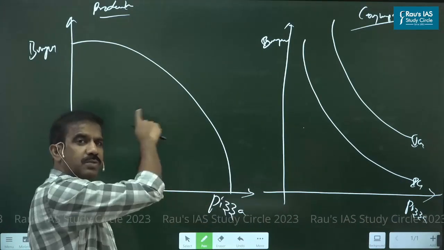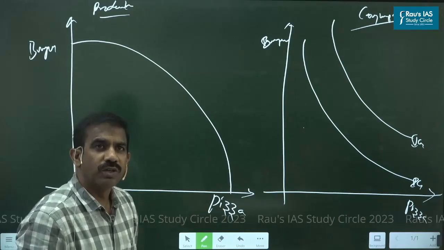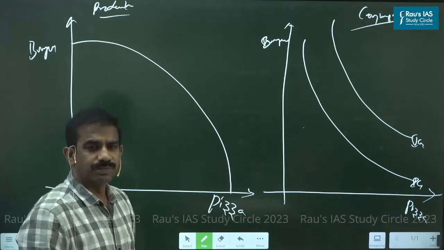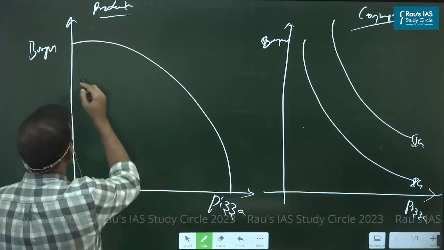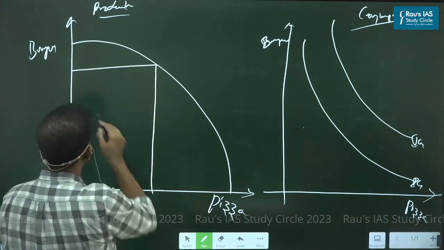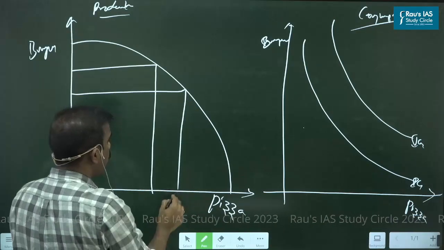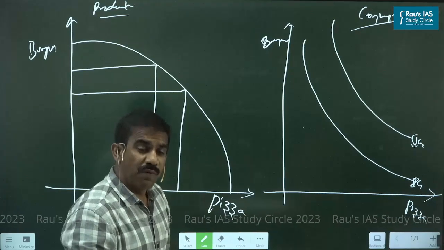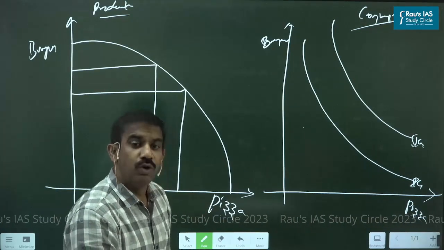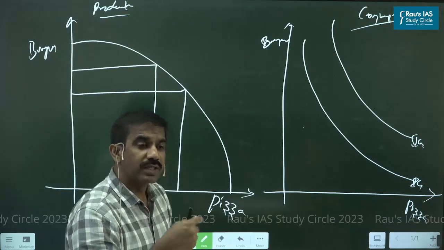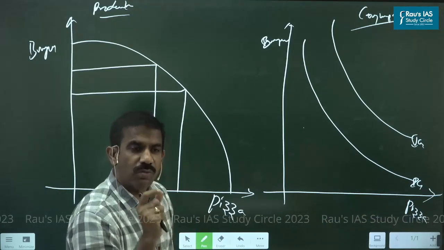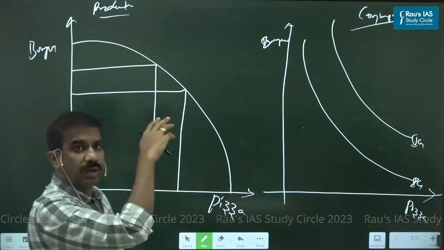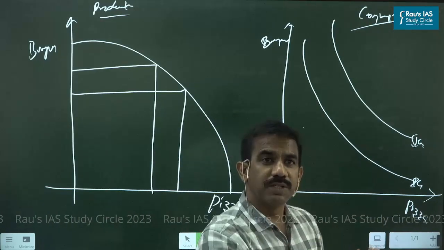Any combination on this particular curve is the efficient production level, and anything less is inefficient, anything beyond is not practically possible. Got it? And if you look at it, for every extra pizza you need to produce from a given quantity, you need to forego a certain amount of burgers. Got it? And the number of burgers that you need to forego for every unit rise in pizza is what we measure. You get what I'm saying? Okay. The burgers you need to forego for every rise in the pizzas you produce.